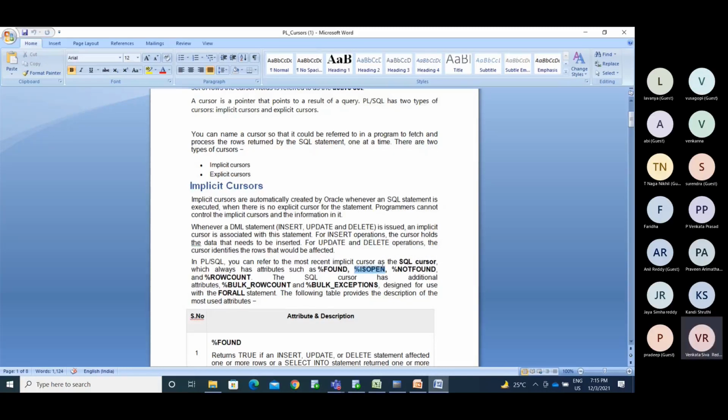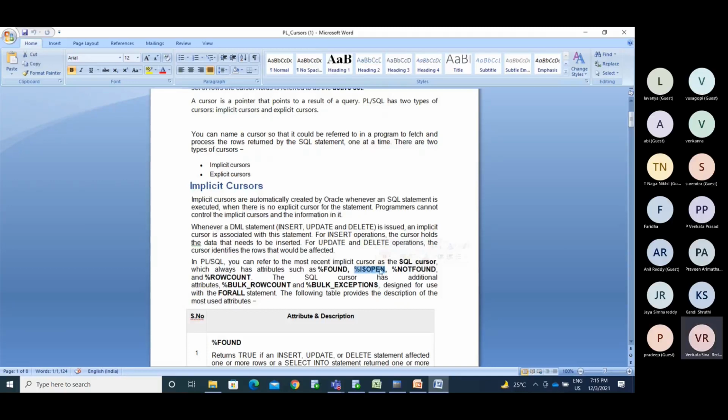If you want to find out whether the cursor is opened or not, and we use C1 percentile is open, it will show true. So is open helps you know whether the cursor is in open mode or closed mode. This is the attribute.